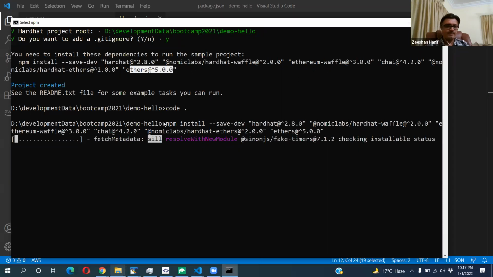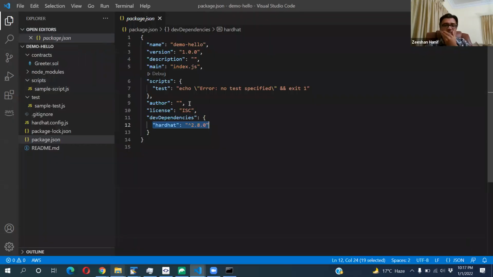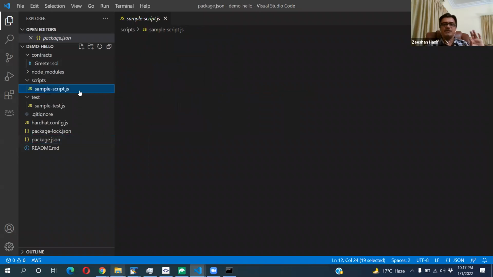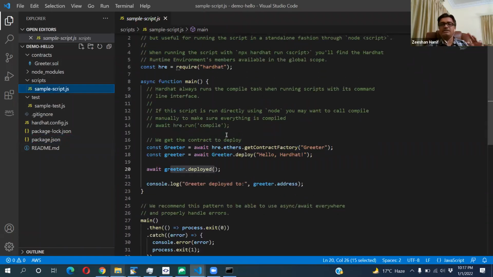Okay, now if you see this project, it has nothing but one contract, and you can add more contracts by yourself, which we'll do in a moment. And this script is in JavaScript.